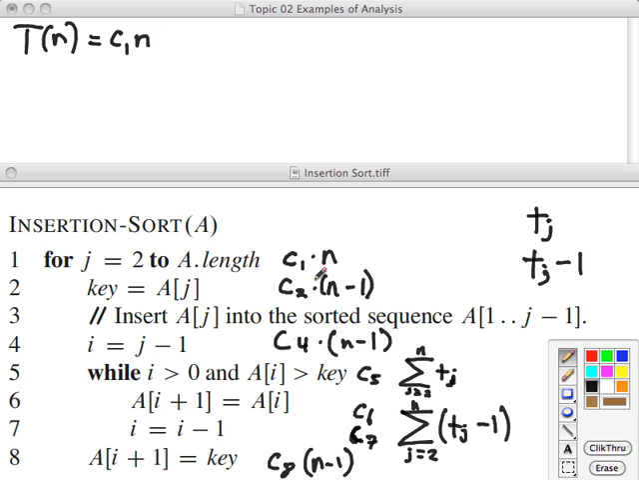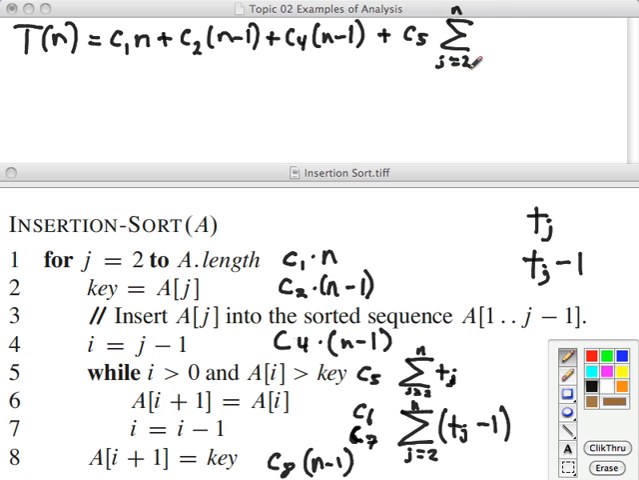C1n plus C2 times n minus 1 plus C4 times n minus 1 plus C5 times the summation j goes from 2 to n, t sub j. Okay. I'm going to run off the screen here. Plus C6 times the summation j goes from 2 to n, t sub j minus 1,